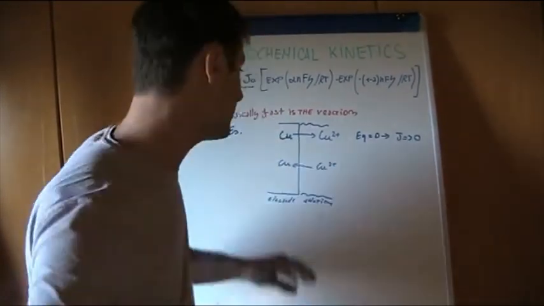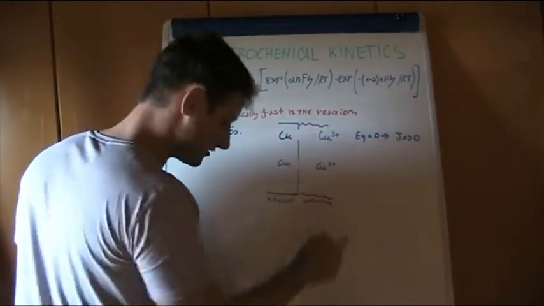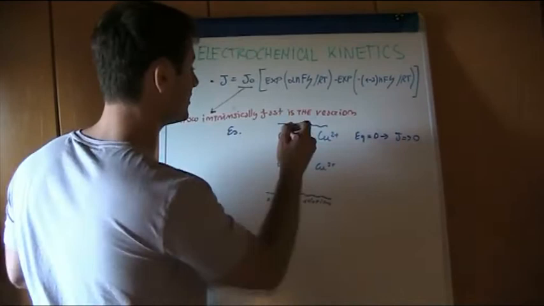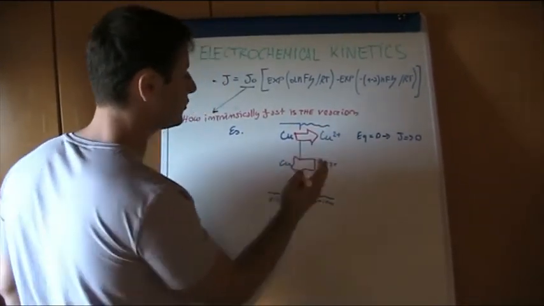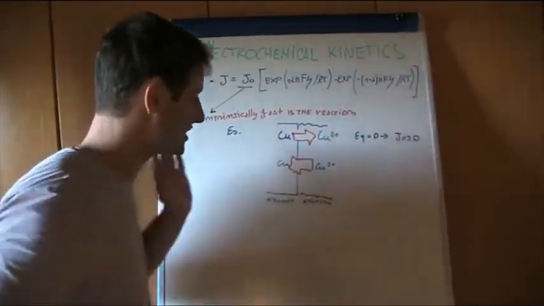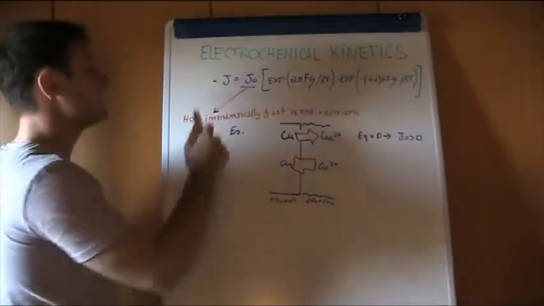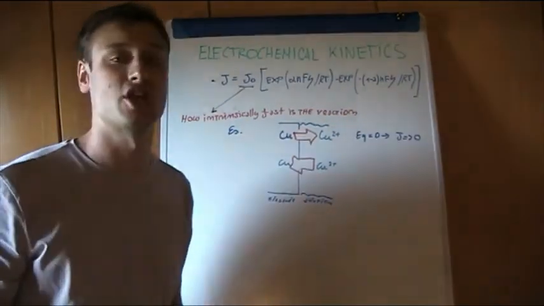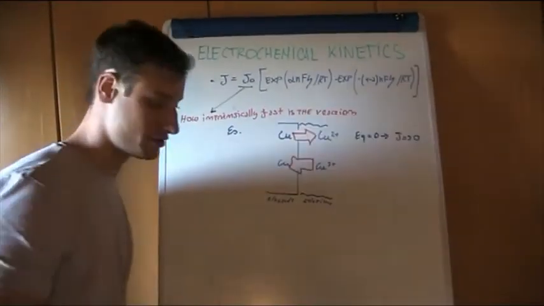So maybe for this metal, this situation is something like this. But for another metal, maybe the equilibrium involves intrinsically higher speed. And so in the moment in which we are eliminating one of the two contributions with a polarization, the reaction proceeds faster with respect to the other. So this is the meaning of the exchange current or the exchange current density. And from an analytical point of view,